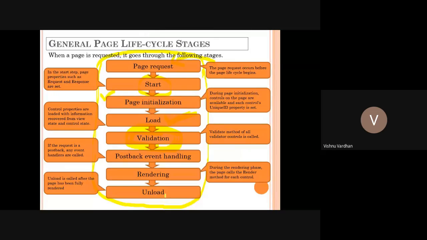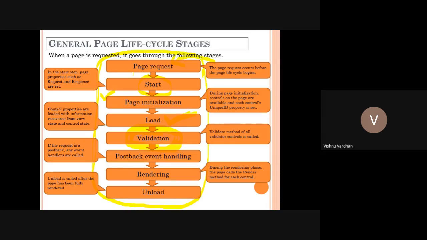So these methods are actually kicked in, and if anything is written in those functions, it will be processed. If you are writing anything in those methods, only then will they be processed. Otherwise, the methods will be loaded into memory, but if there is nothing to process, it will skip to the second method, then the third method, and finally the unload method is called before the memory is wiped out. The page object allocation is wiped out from memory.